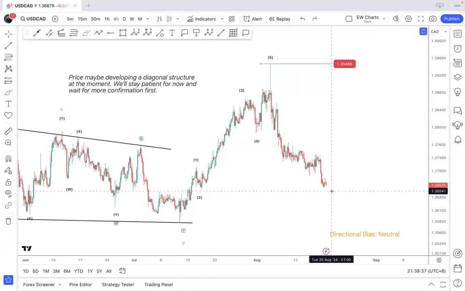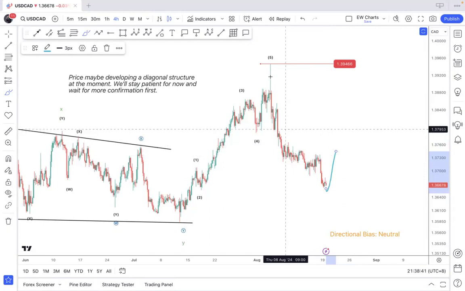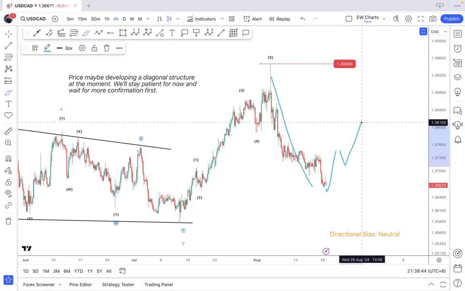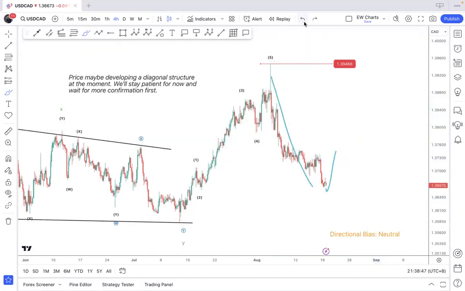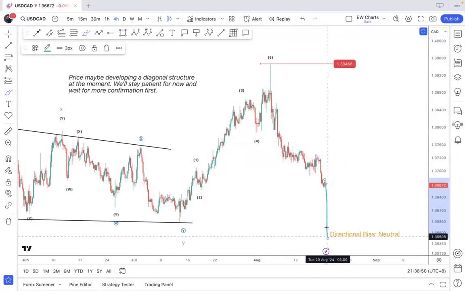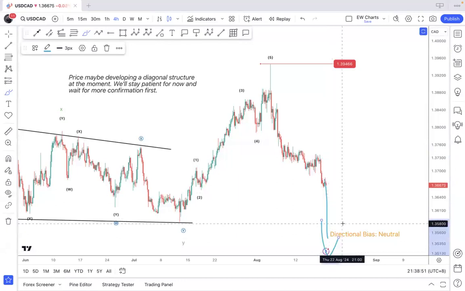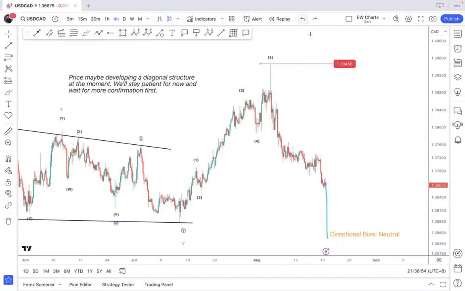Because tomorrow, if the market just decides to bounce back up, then obviously we'll be looking at this as a cycle to the downside, and then we'll expect a little bit more pullback, then maybe down again. If tomorrow's news just decides to make another impulsive leg to the downside, then there's really nothing much. We'll just continue to remain patient. Yeah, so it really depends on how price would react off tomorrow's CPI, right? So this $1 cat, I'm just gonna be on the sidelines for now.